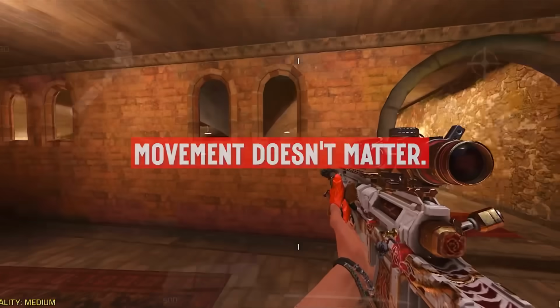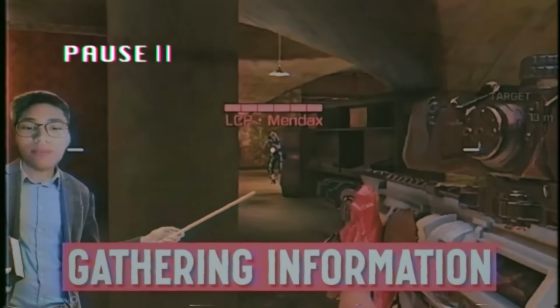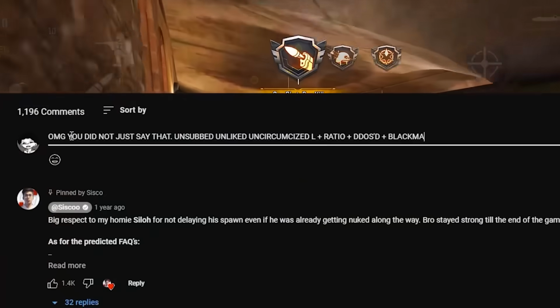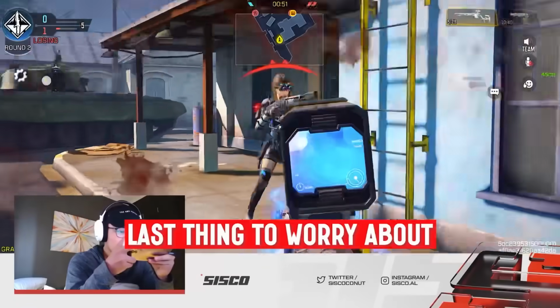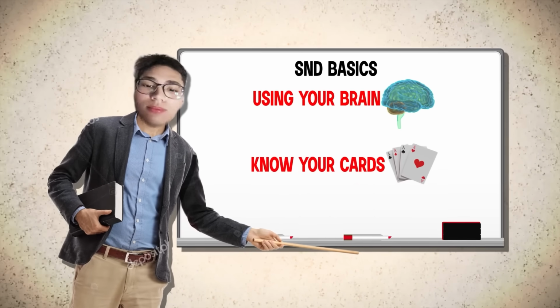Movement doesn't really matter when it comes to search and destroy, and trust me when I say this, one key to improve your gameplay and win more games in SnD is by gathering information, knowing what you can do next. And before you roast me in the comment section, no, I didn't say that movement is useless in SnD, but you should know that it should be the last thing you need to take care of. Search and destroy is all about using your brain and knowing the number of cards that you can use for